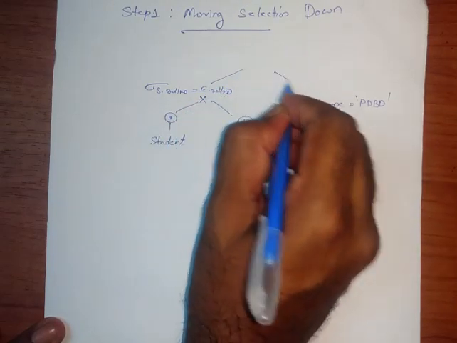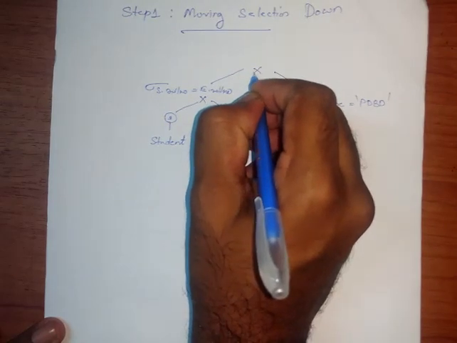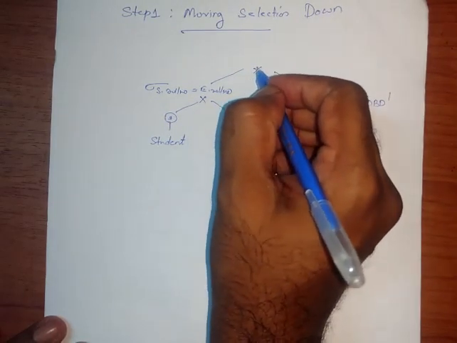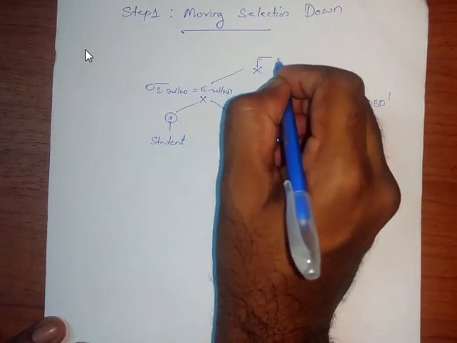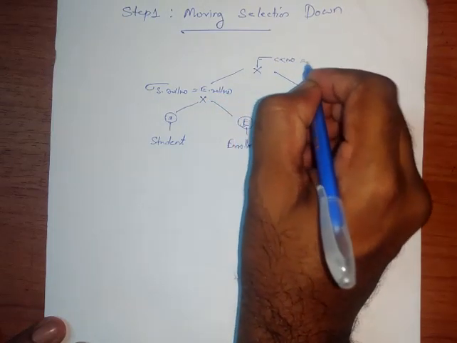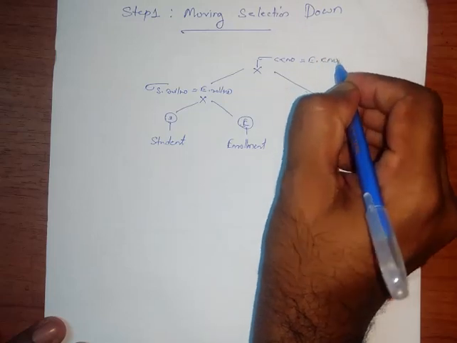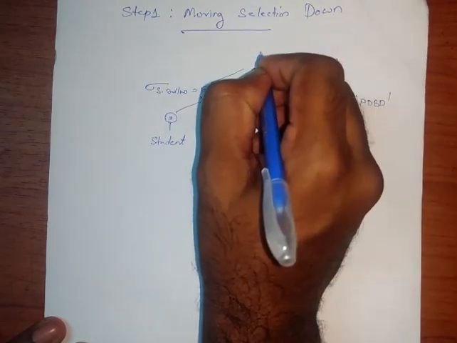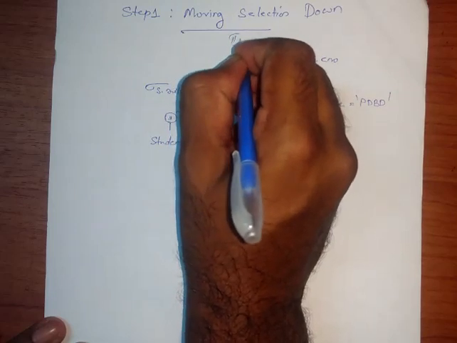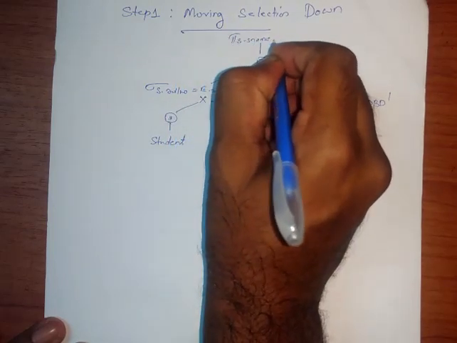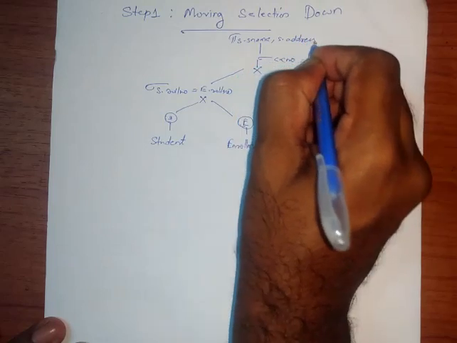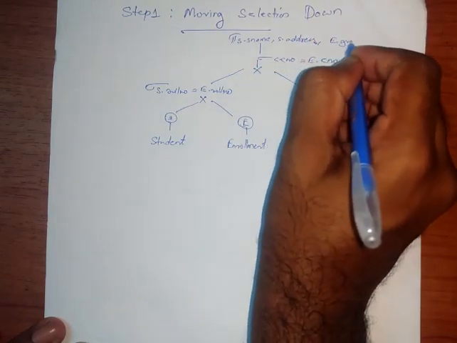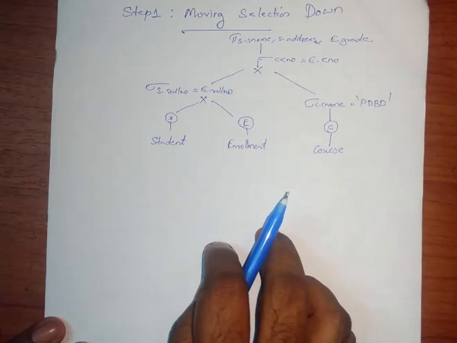After crossing, that result is crossed with the right side part. Then we have to do the next merging condition, C.C number equal to E.C number, and upon that you have to write your projection. So S.S name, S.address and grade you need to retrieve at the end. So that is the execution. Here we moved the selection statement down the tree, near to the best position of execution.